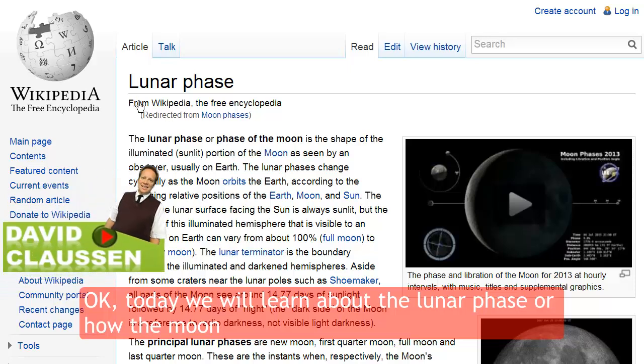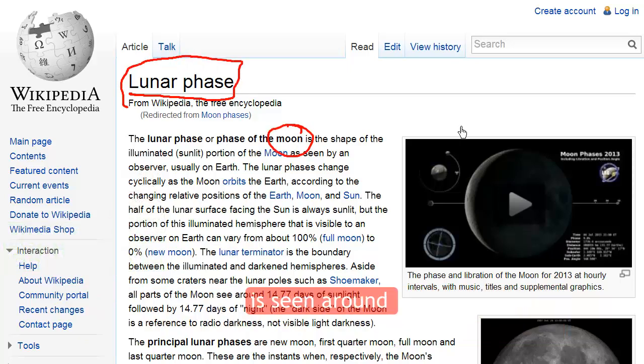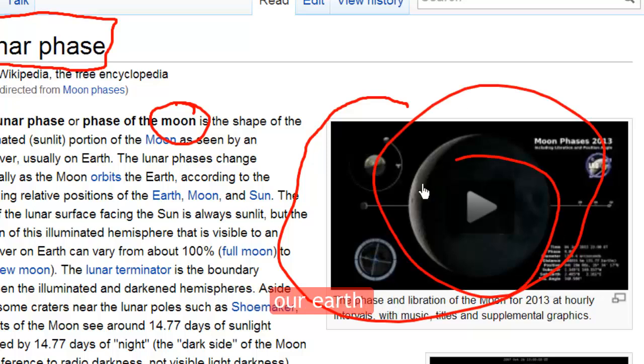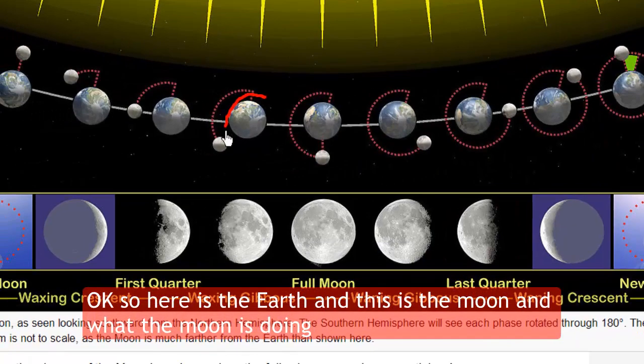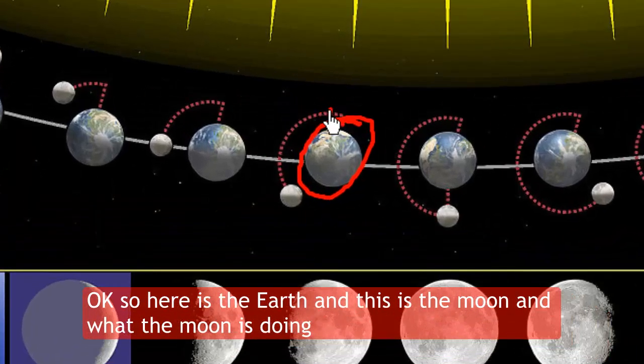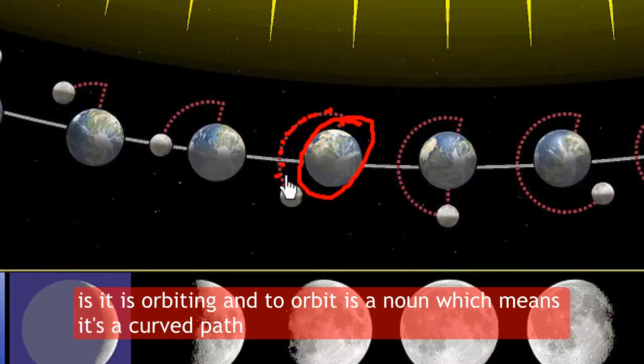Okay, today we will learn about the lunar phase, or how the moon is seen around our Earth. So here is the Earth and this is the moon, and what the moon is doing is it is